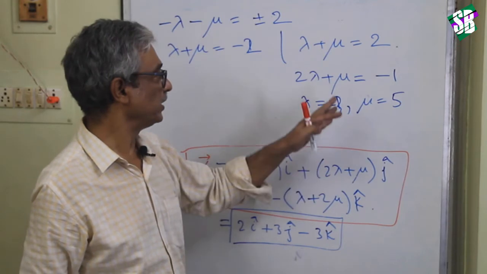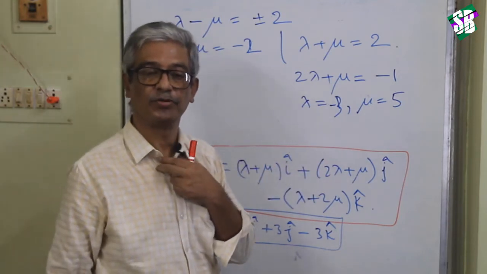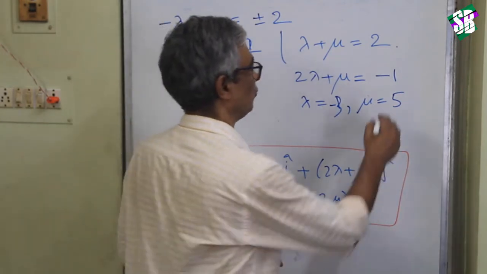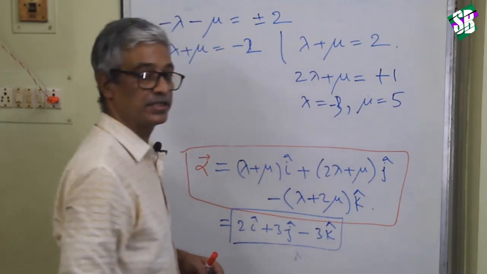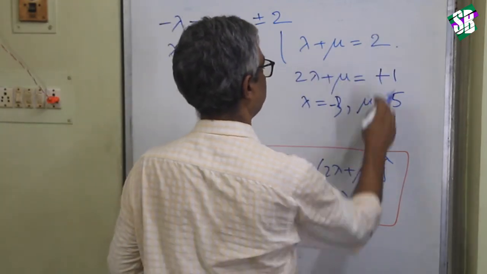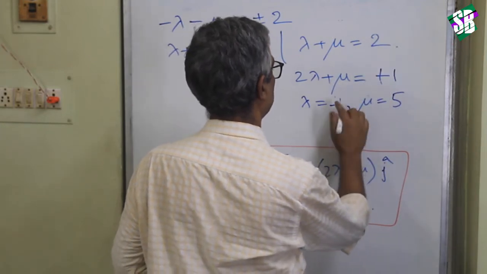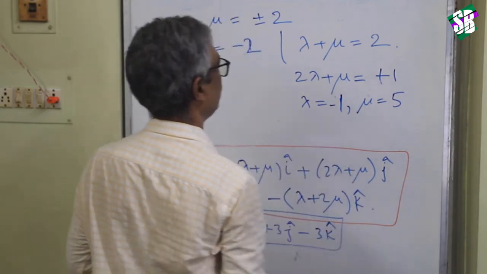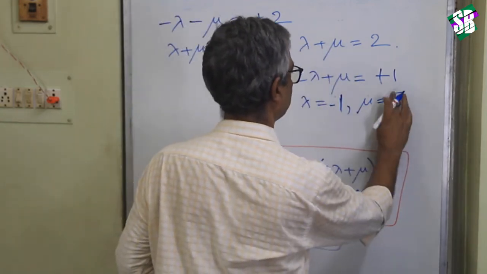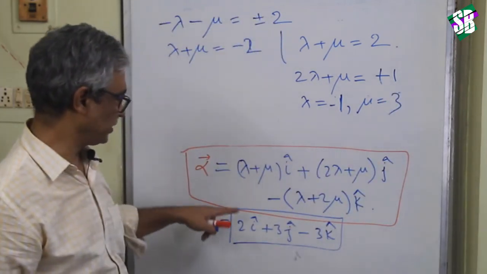Coefficient of j cap, you have to take the coefficient of j cap as 1, because you want to check whether option D is correct or not. So then this minus this minus this minus this means minus 1. And if you take lambda equal to minus 1, then mu becomes 3. Okay, so then this is 2i cap,